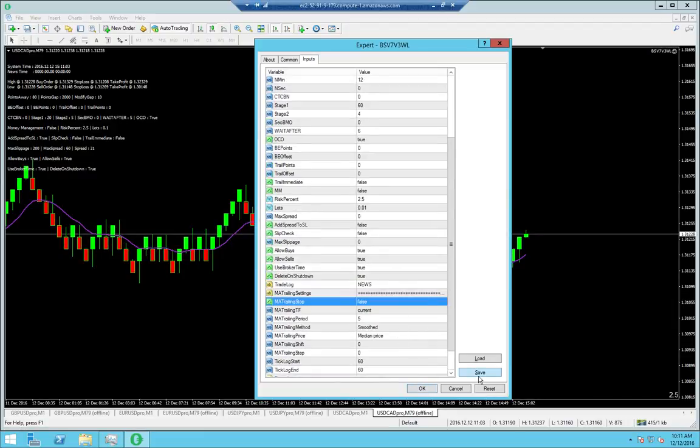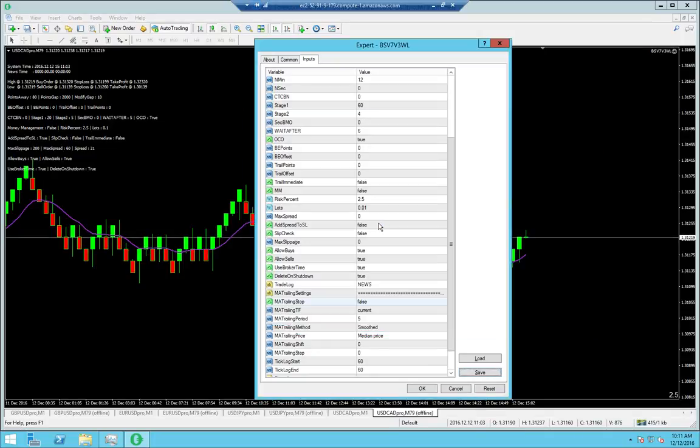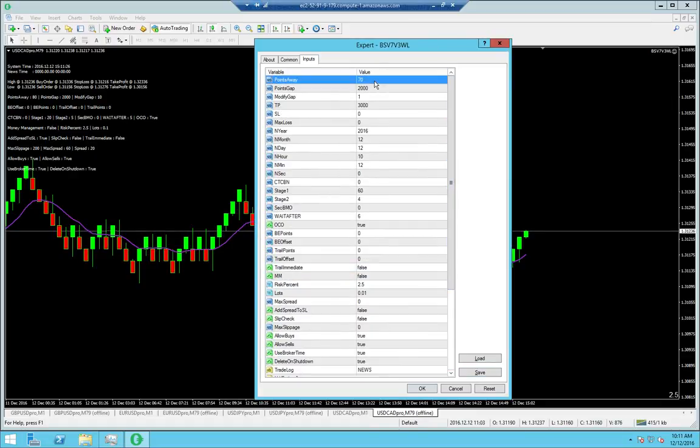We hit save. You're going to pick default news because you just created your default news file, and hit save. So now your default news file has been created. The one that's there is just a little template that has some of the settings in there to get you going. The default news file you will have is exactly what you see on the screen now. So you just need to verify. The ones you need to worry about is your points away